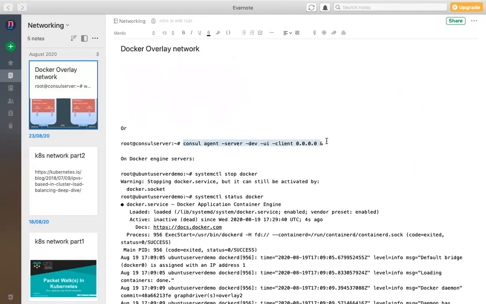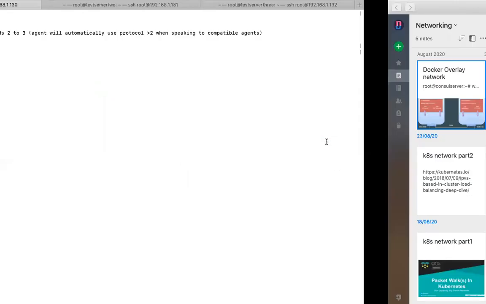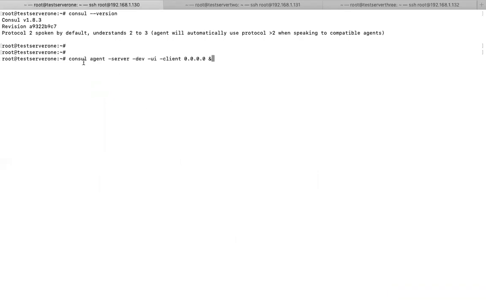So let me explain what this command will do. Consul is running as an agent in server mode. Server mode in the sense that it will be a server as a standalone. In order to tell it is a standalone, we have used this option called -dev. -ui in the sense that it should also launch the UI to access the dashboard of this consul in the browser. Client means it is listening on all the IP addresses I have on my machine, localhost and